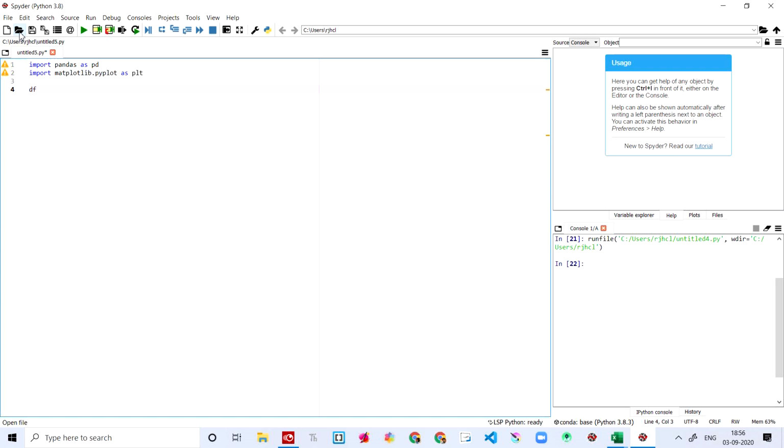Then we are coming down and saying df is basically a variable. I'm saying df is equal to pd.read_csv. That's all. And I'm giving the file name that we have. I'm just naming this, but I don't have any file right now. So I'm naming this as hurricanes.csv.